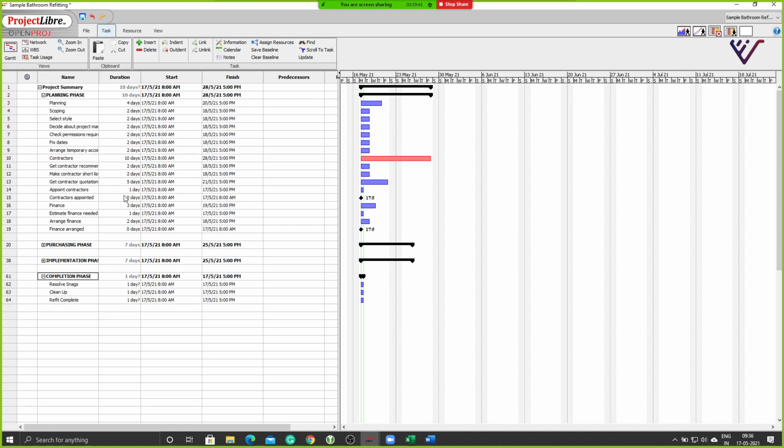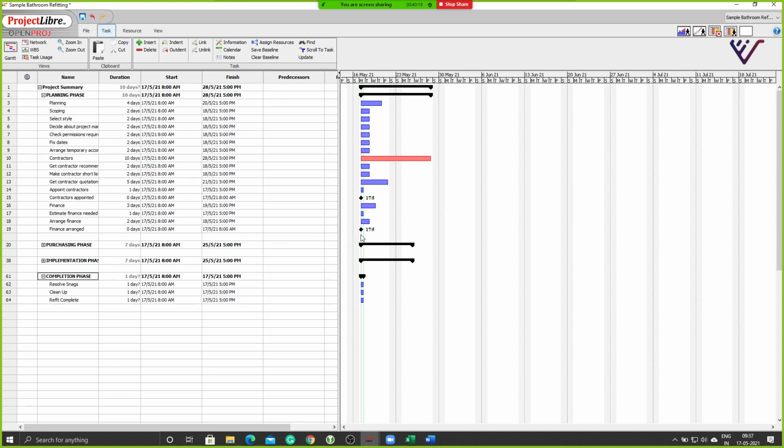Any activity, if you are adding into project programming, whether it's MSP, Primavera, or Project Libre for that matter, when you are adding the activity with 0 days or 0 hours, what the program understands by that is a key milestone. That means you need to hit that date. There is no activity happening on that day for that particular task, but that task is fulfilled when you complete it on that day. So this is a way of adding milestones.